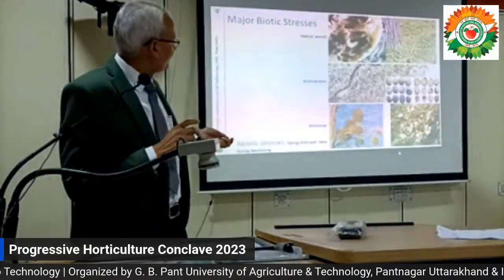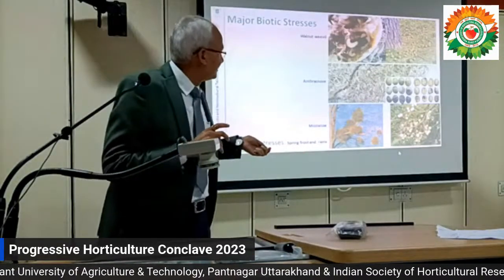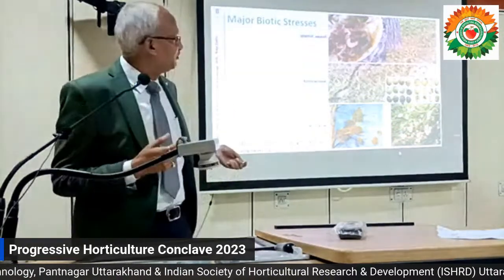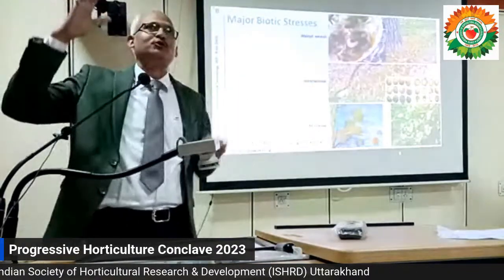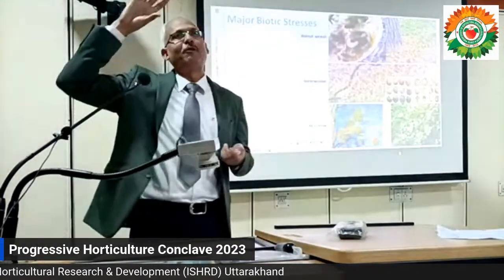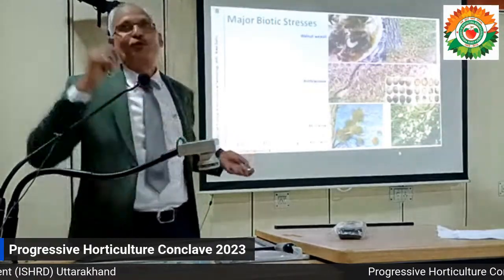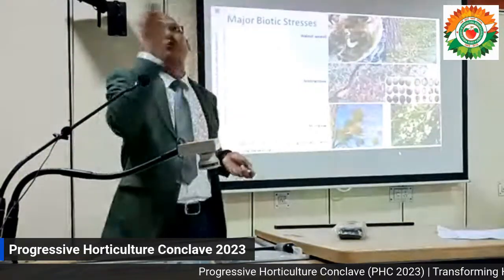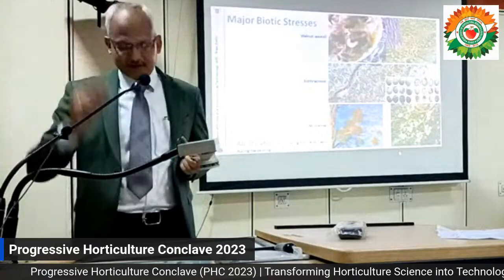Anthracnose is a serious problem. Another, very uncommon problem in walnut, is a parasite. We call it mistletoe, and the scientific name is Viscum album. Its berries are very tasty. When birds eat them, and walnut trees are huge, they sit on top and spread the parasite through excreta. After some years, the parasite starts to grow on the walnut tree, and within 3 or 4 years, the whole walnut tree will die.